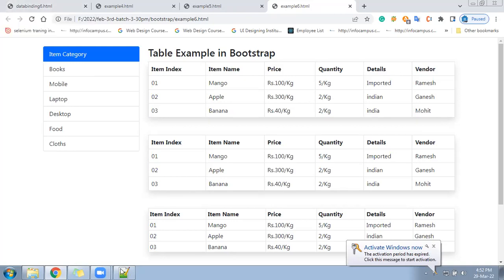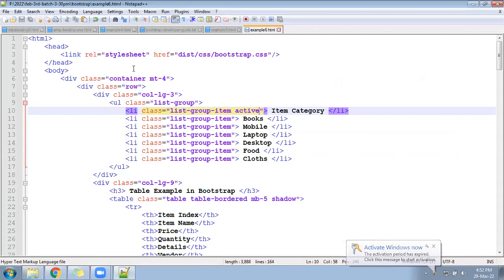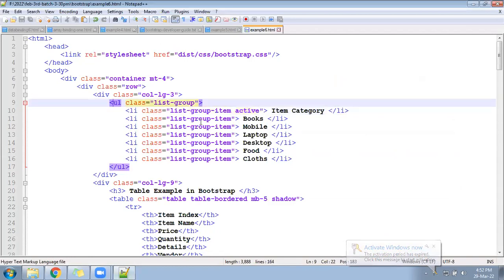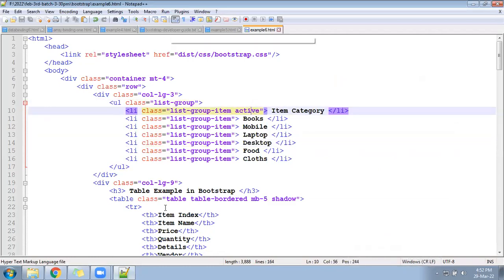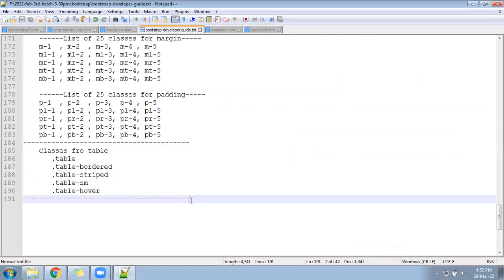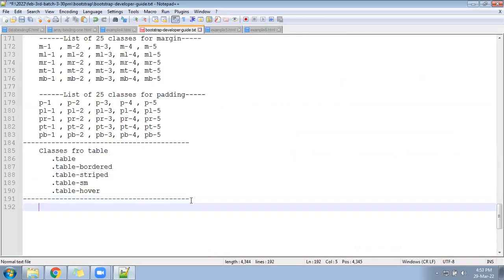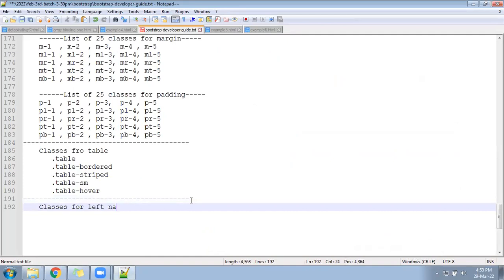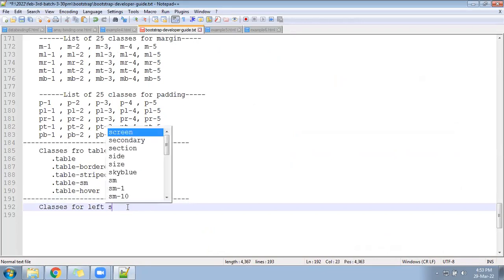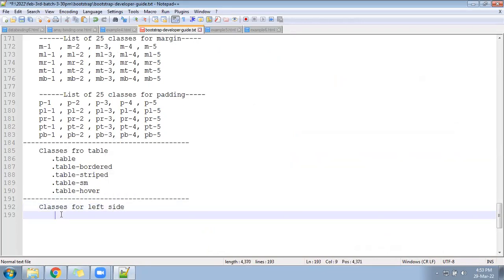Okay, hope it looks similar. Let us come to the developer guide now. There we can add the class for list group item, and then active. So right here, for classes for left navigation or left side, you can add left side. We have a class called,